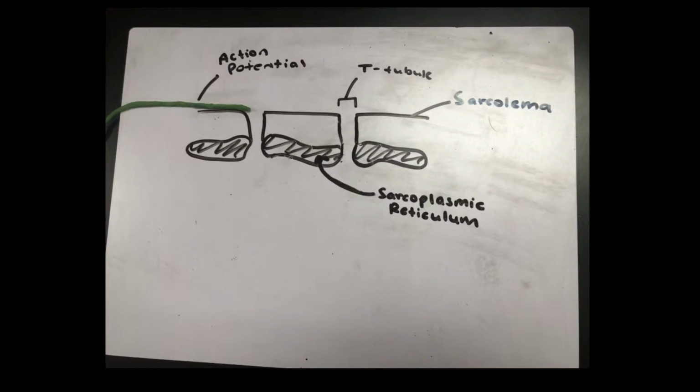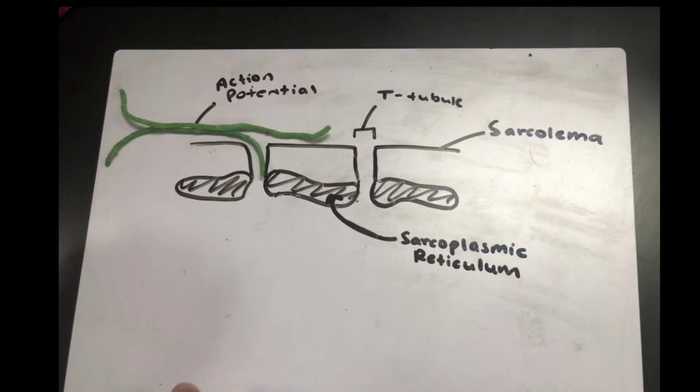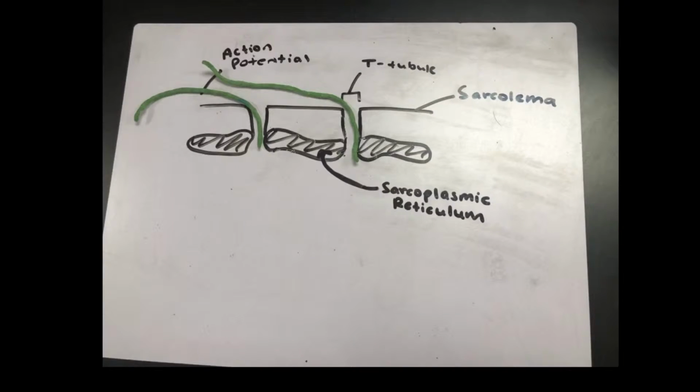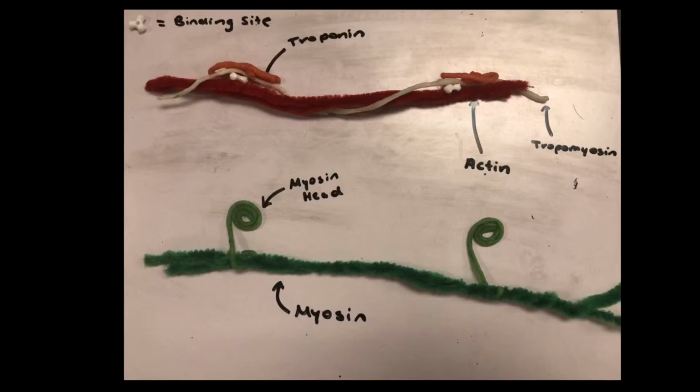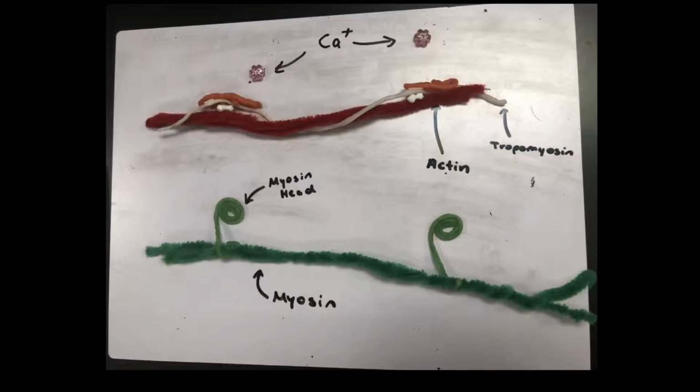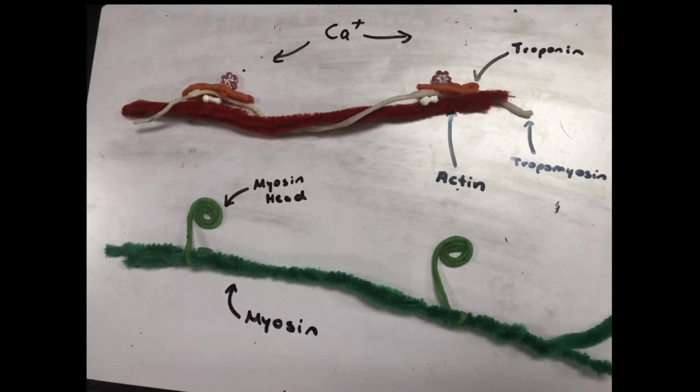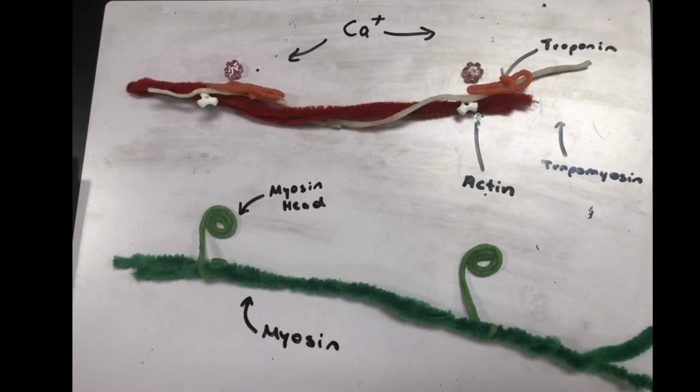Action potential travels through the sarcomere and down the T-tubules until it hits the sarcoplasmic reticulum. The sarcoplasmic reticulum then releases calcium ions. Calcium ions travel into the sarcomeres, where it binds to troponin, which essentially moves tropomyosin out of the way to